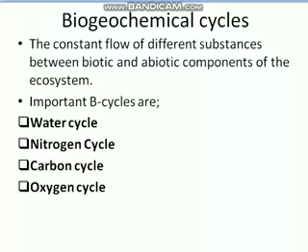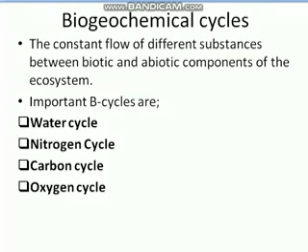So in biogeochemical cycles, we are going to discuss how these different substances are transferred from the abiotic components, that's air, water and soil, to the biotic component of the ecosystem, that's the living organisms, and from the living organisms back to the non-living component. In this chapter, we have to discuss 4 such biogeochemical cycles: water cycle, nitrogen cycle, carbon cycle and oxygen cycle. We are already done with the water cycle, and in this lecture we will discuss